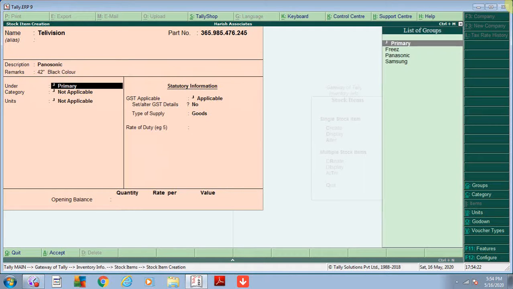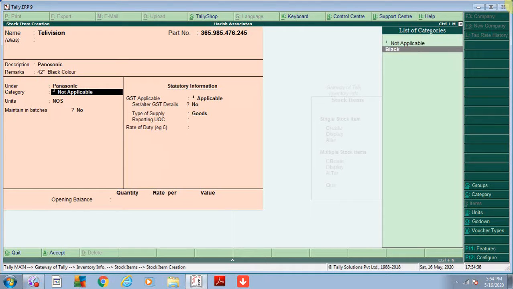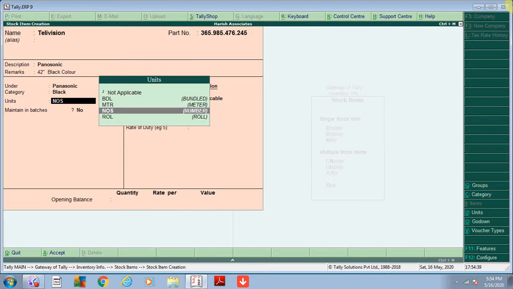and just accept here. So it is under Panasonic because this television is of the Panasonic company. It is just for demo purposes. And the category I have just taken as black. Unit I am accepting as nos,